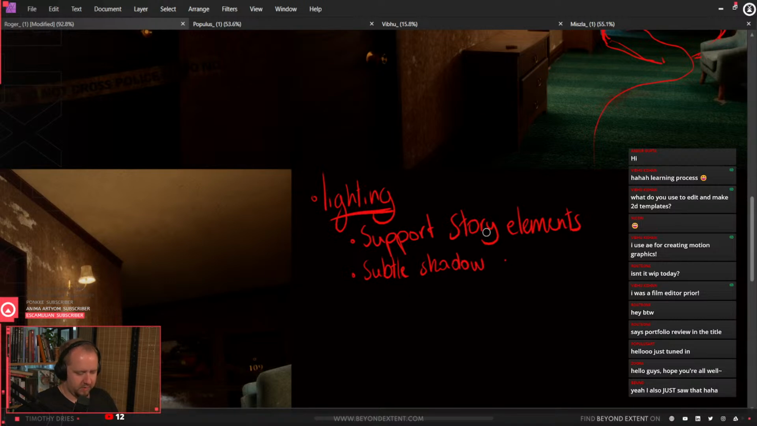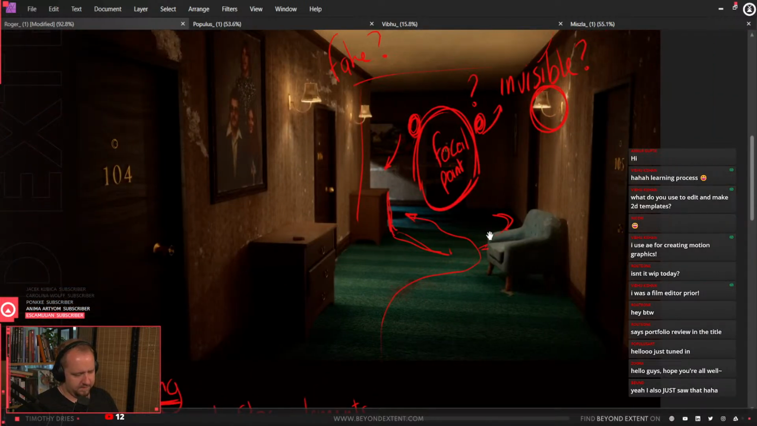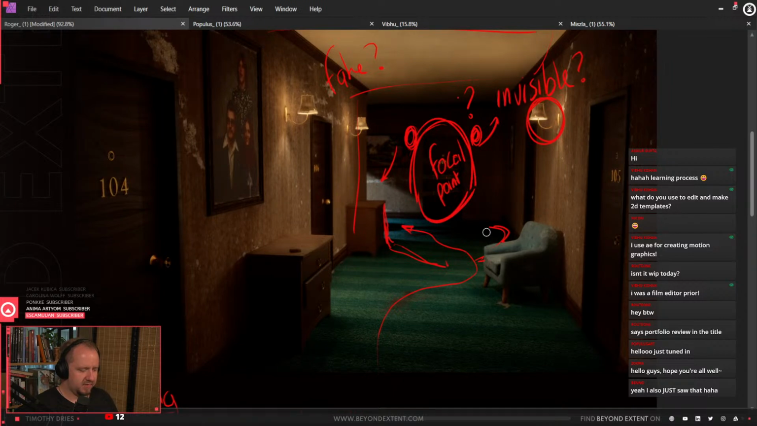So that subtle shadow is actually nice. I like that. Nice. But yeah, I think definitely having some lights that point towards that direction, and then having something that indicates that this is like a recent crime scene, you know? Maybe